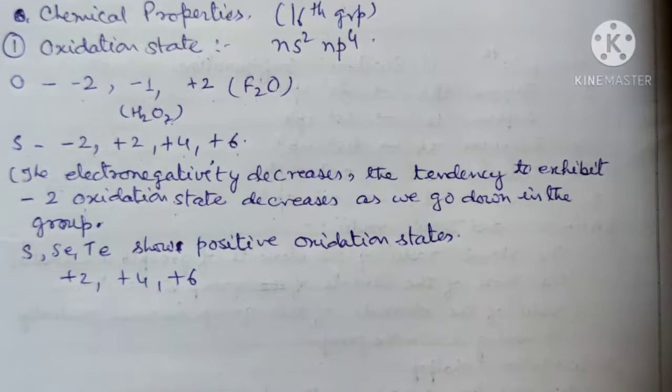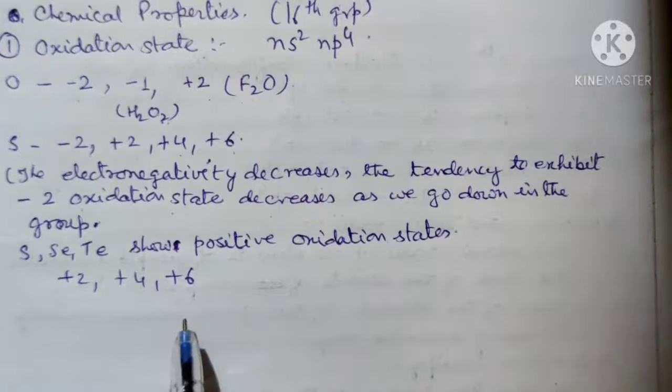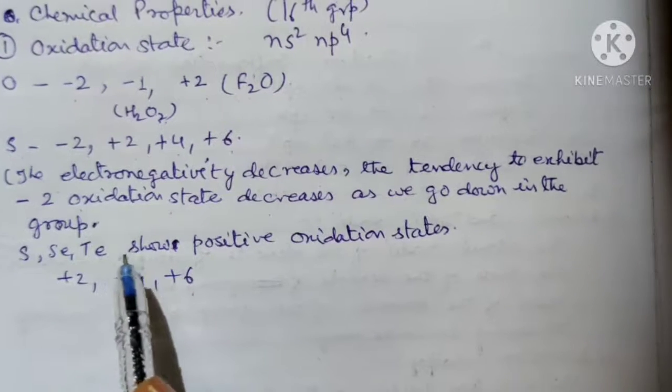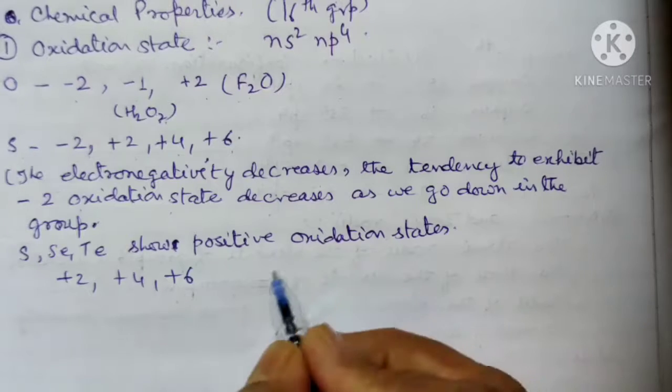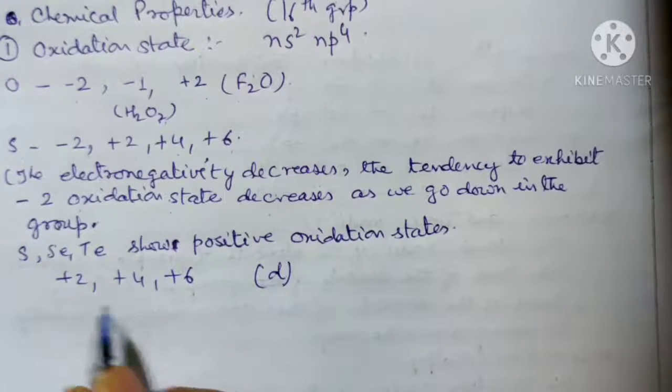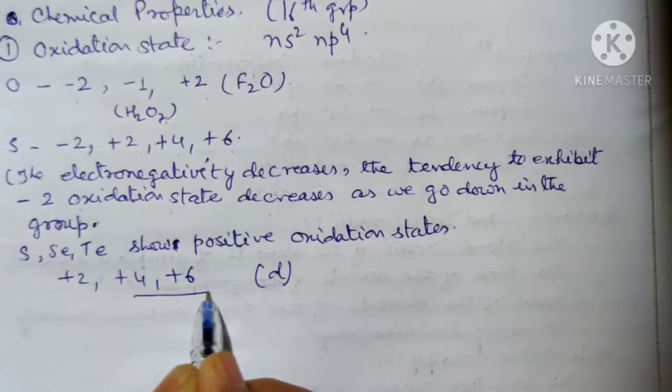These states are possible because as we go downward in the group there is a decrease in electronegativity, and due to the presence of vacant d orbitals, these elements show +4